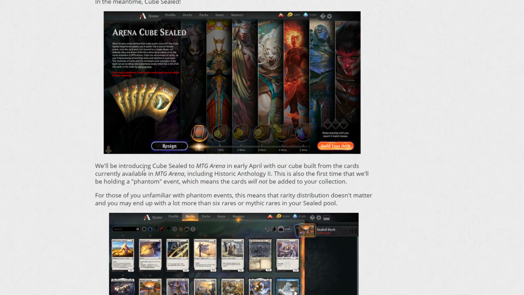For those of you unfamiliar with the Phantom event, this means your rarity distribution doesn't matter, and you may end up with a lot more than 6 rares or mythic rares in your sealed pool. So this is basically bringing the power. Now, if I read the description, wanting to play some limited that really packs a punch, the Cube sealed experience